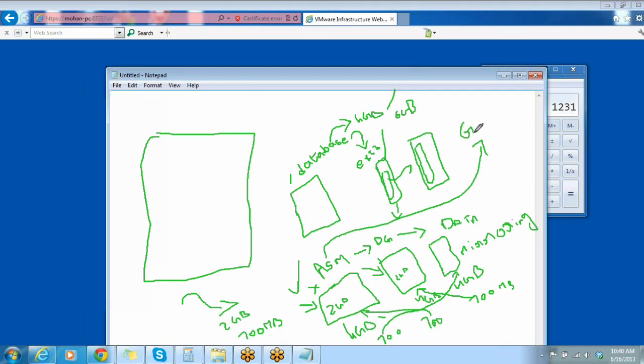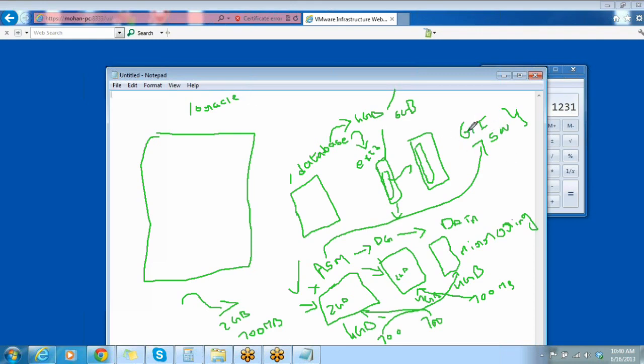So to have this ASM utility, it is not part of RDBMS software. Starting from 11g, this ASM comes with grid infrastructure software. So apart from RDBMS software, you also need to know how to install grid infrastructure software. So if you want to use ASM, you have to use grid infrastructure software. And